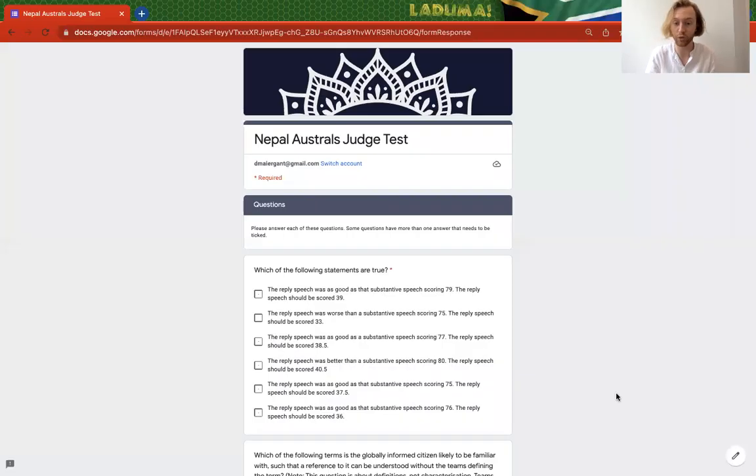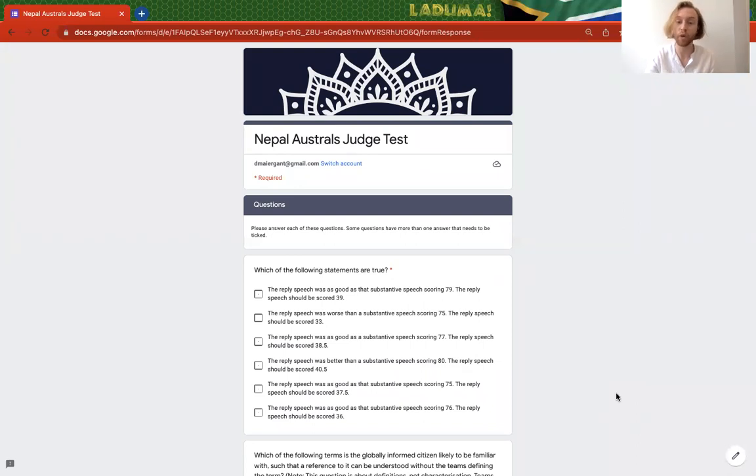It is a stunning morning in Auckland, and what I encourage you to do is to go into your emails, because in your emails you'll get a basically transcript of the answers that you gave when you filled out the judge test, and that means you can follow on quite easily. What I'm going to do is go through the answers to the part of the test that had multiple choice answers, and then I will go to the part of the test that involved judging a particular debate. So I'll share my screen just so you are able to see the test as we go along.